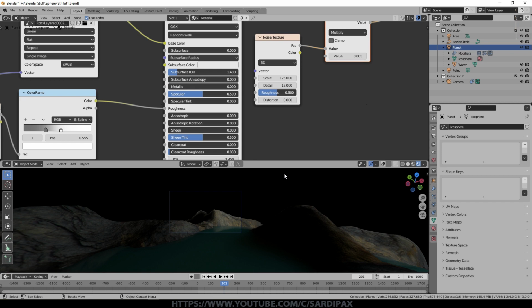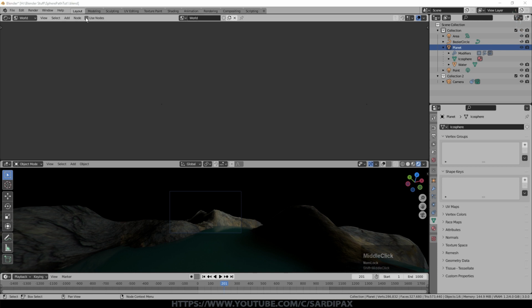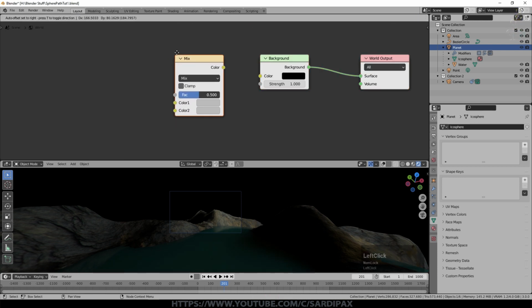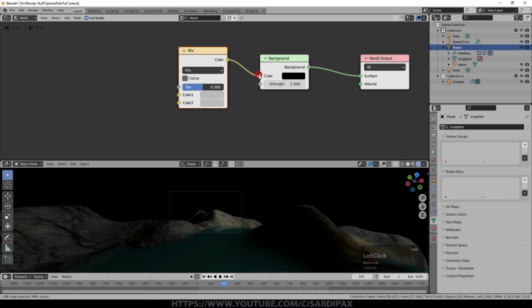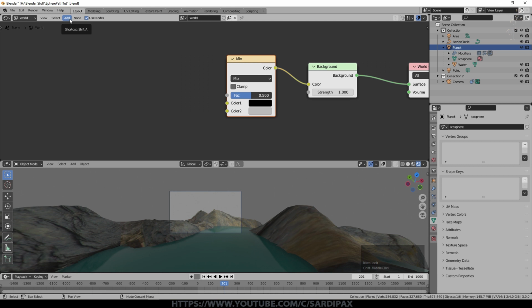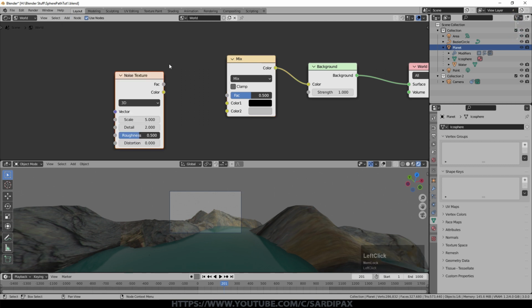And the last thing I'll just show you, and I've shown this a number of times before, is setting up a starry field that doesn't have joins and things like that in it. So we'll click up here and we'll go to world. We'll click use nodes. I'm going to add under color a mix node and connect that into the background. The top I'm going to set to black. I want colored stars, so I'm actually going to use the direct output of a noise texture, which is colored noise, to take the color output, not the factor in this case, and put that into the other side.